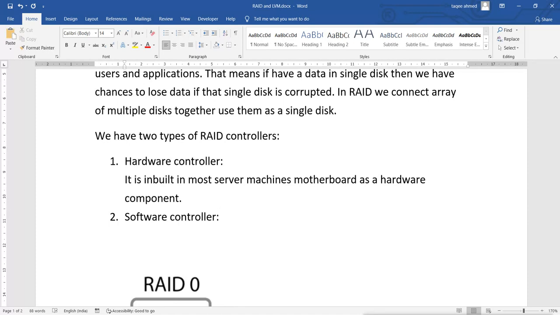Now a software controller is like a software application in our operating system.